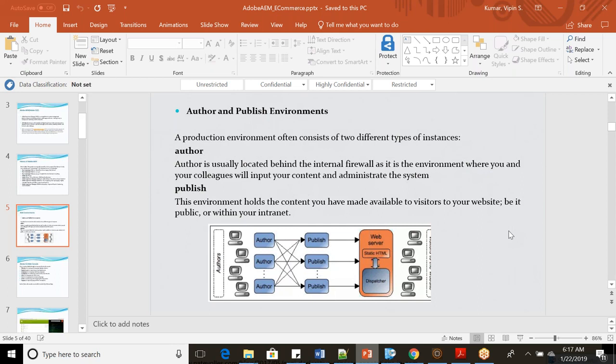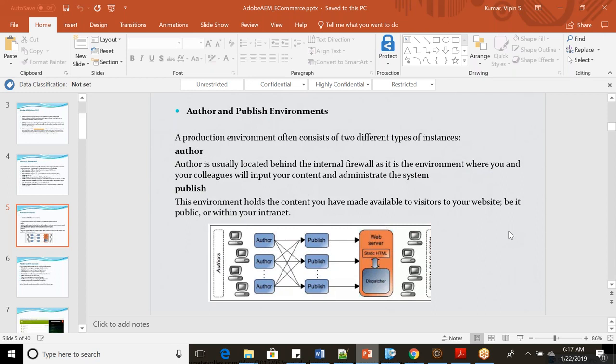You will physically go to the file, you will edit the path of the file there, or you will change the text, upload the file again on the web server, restart it, and then it will be available to the end user. In case of AEM, there are two different servers or instances: one is the author instance and one is the publish instance. The publish instance is the public facing one, and the author instance is where you can author the